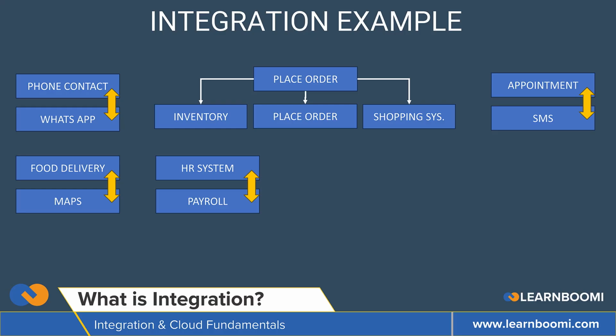Next example, you order a product online. So when you click place order, information automatically flows to, let's say, an inventory system in the back which checks the stock. Then you have a billing system which creates the invoice. Then you have a shipping system which prepares the delivery and ships the item to you. So no employee needs to manually update the system. All this is done by the integration of the systems.